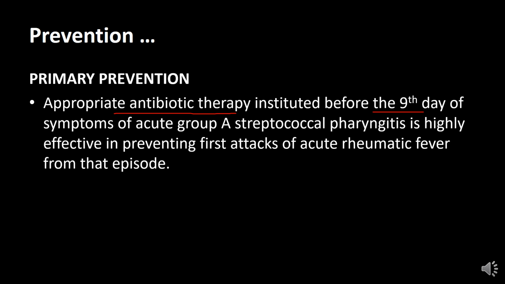If we can get these children with throat infection and treat them appropriately and adequately, we will, to a great extent, reduce the attacks of acute rheumatic fever. And you are talking about the initial attack, because it is the initial attack which even predisposes a child to another and another attack when they have another pharyngeal infection. So that is what we need to do.